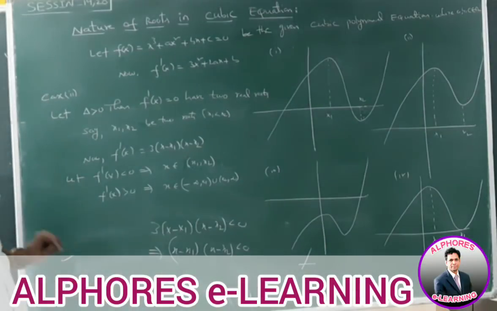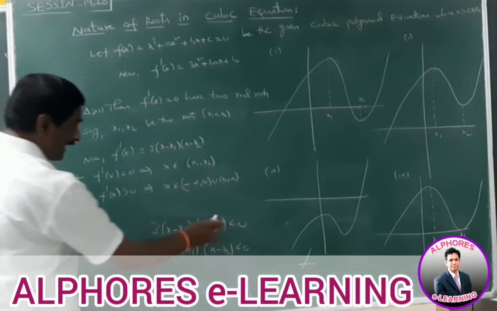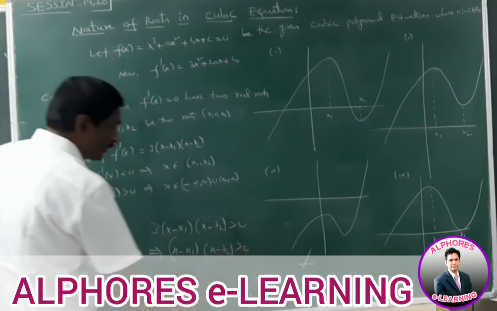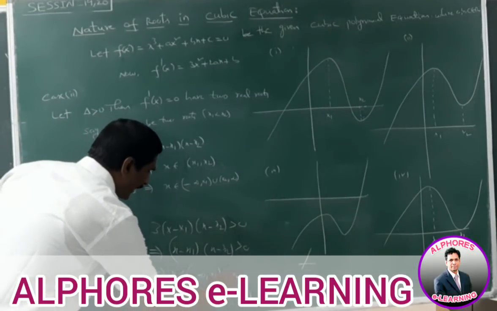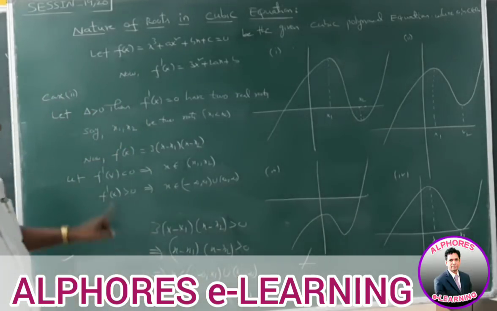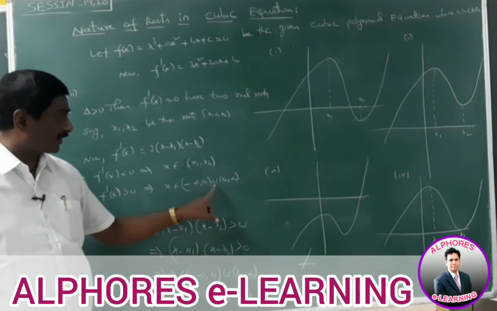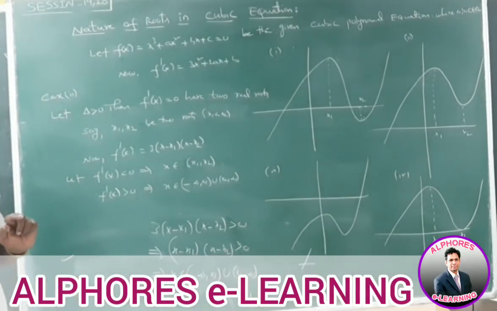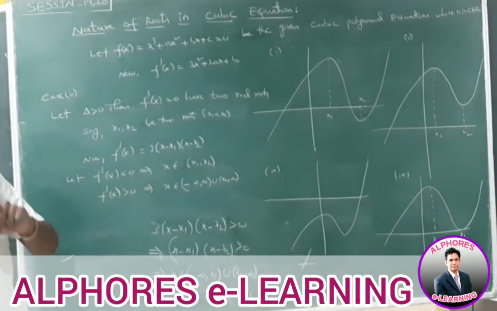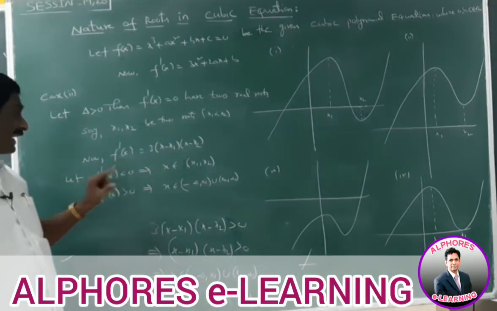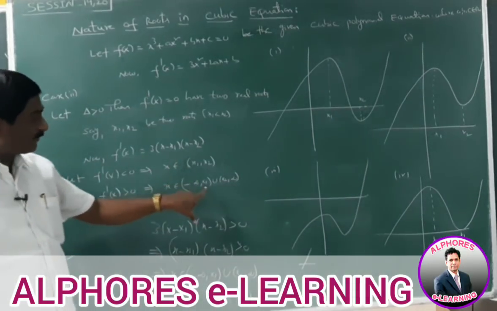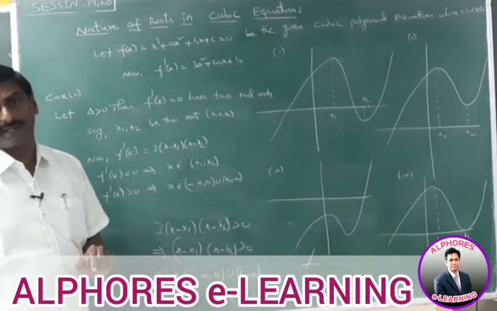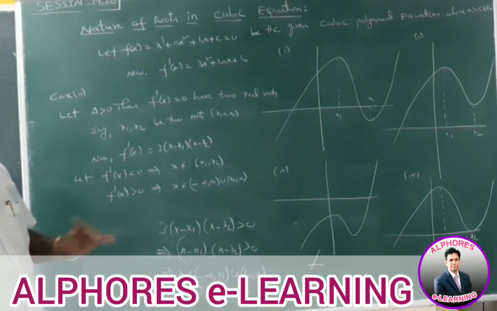Next, let us assume f of x is an increasing function. That means f dash x is greater than 0. That means x does not lie in between x1 and x2. So x belongs to minus infinity to x1 union x2 to infinity. F dash x is greater than 0 when x belongs to minus infinity to x1 union x2 to infinity. The turning points of the graph are x1, x2, and f of x is decreasing, less than 0, in the interval x1, x2, and increasing from minus infinity to x1 or x2 to infinity. Okay. Now the possible graphs.